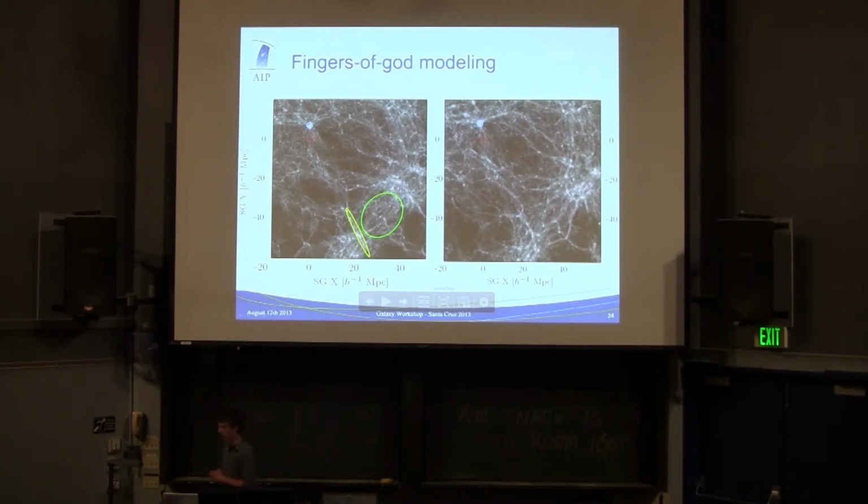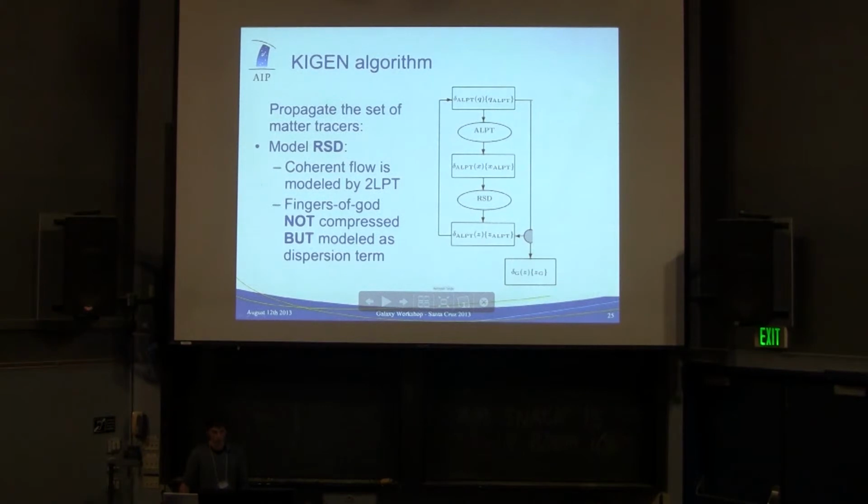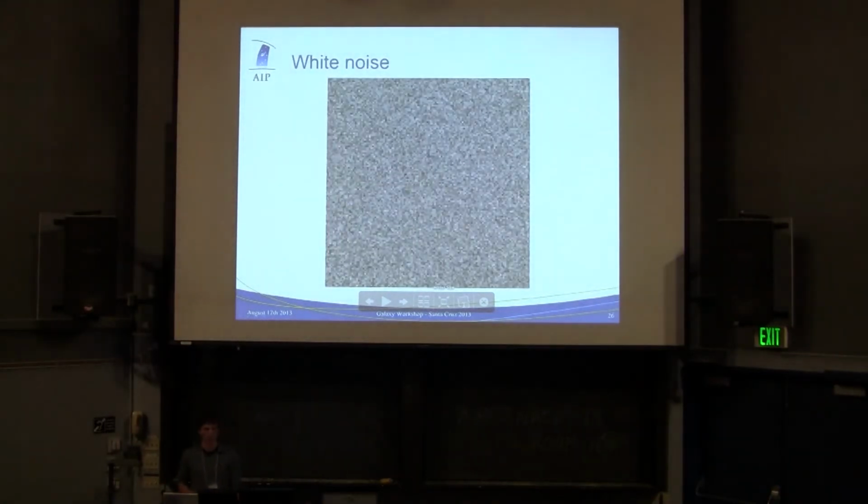So we assume a relation between the velocity dispersion and the overdensity, and then we can model the fingers of God also in the forward way. This is what we decided to go for, which has fewer problems than the finger of God compression scheme. So now, having talked for several minutes about our scheme, what we actually end up with is this,